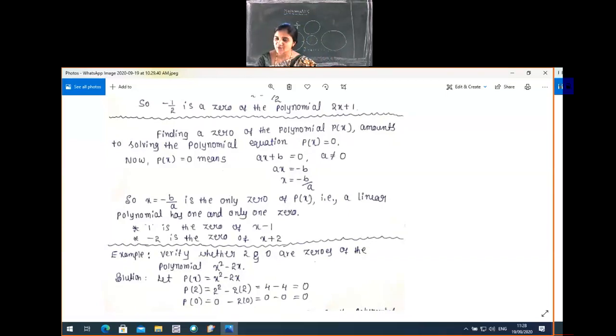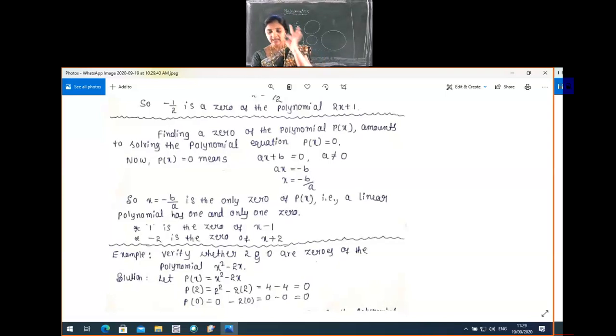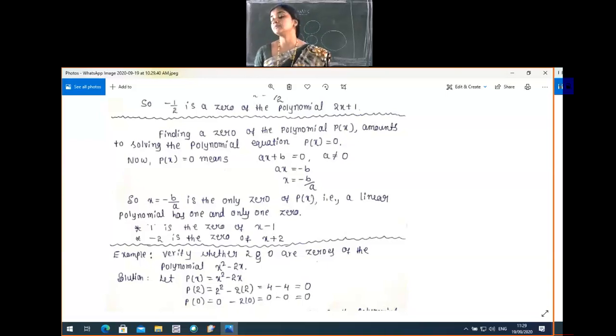So this is also according to the degree only. From the degree only we can guess how many zeros there are. Linear in the sense degree is 1, no? So we can say at most one zero. But does that mean there must always be one zero? No. For a linear polynomial, at most one zero, highest one. Some polynomials do not get a zero at all. Okay, note this down correctly. For a linear polynomial at most 1 zero, but there is no condition that it must have a zero. Sometimes for some polynomials we may not have a zero.